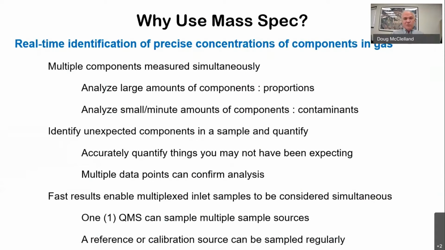So we're able to look at proportionality of our composition, as well as small elements that can be contaminants and so on. We're also able to identify things that we may not have expected to see, because after all, we're able to not just look for one or two specific things, but we get a whole spectrum of elements